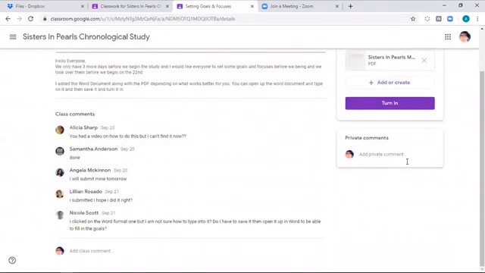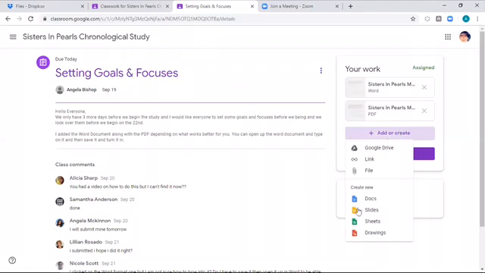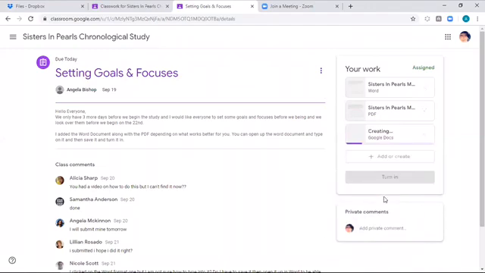So if you want to add a private comment to me, or to the instructors, you can add that. These are the open comments from everybody. Here, you can add or create, you guys. So when you view assignment, go to add or create, and here you have the option, Google Docs. And if you create it, this way may also be easier for a few of you guys. If you create it and then open it,